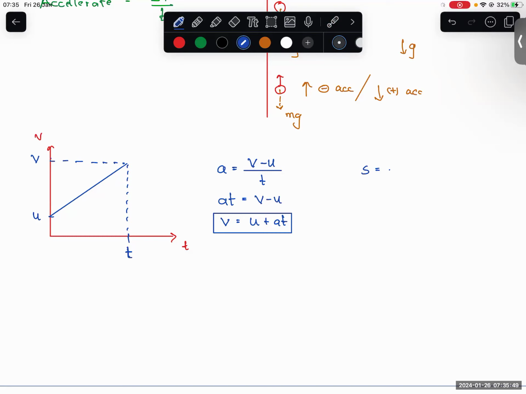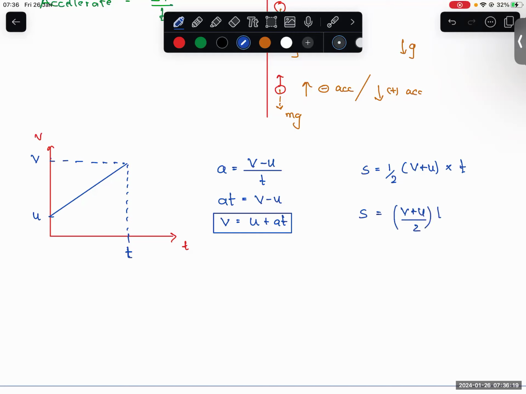Half into sum of the parallel lines into height. Yes, sum of the parallel lines into perpendicular height. So this is one parallel line, this is another parallel line. So this will be v plus u, multiplied by the perpendicular height, which is t. So people write it like this: v plus u over 2